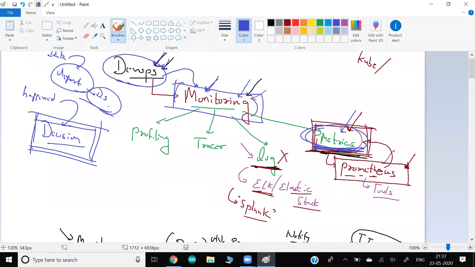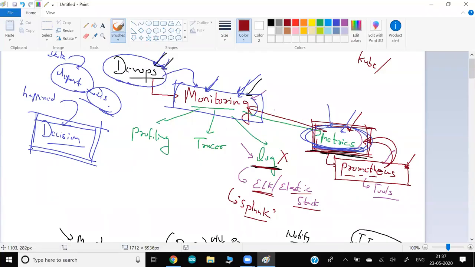Because after you collect the metrics, then you can monitor. Without the metrics or without the information, you can't monitor. So what is Prometheus? Prometheus is just a tool that collects the metrics for you. And after you collect the metrics, you can then do monitoring.